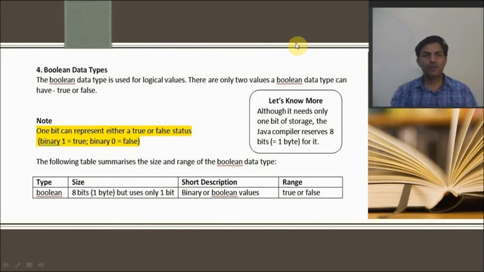Now, fourth one is Boolean data type. The Boolean data type is used for logical values. There are only 2 values,